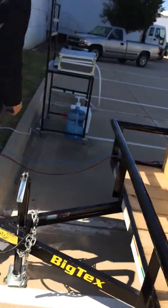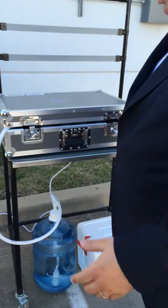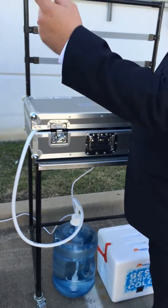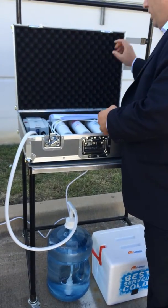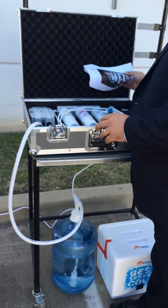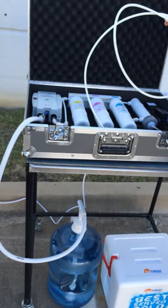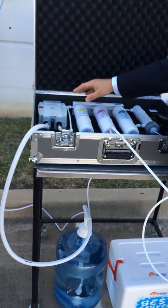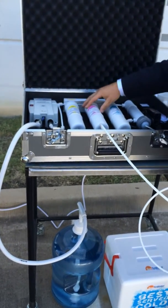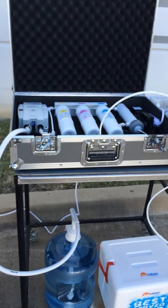We take the water, please watch your step over the cables. We take the water, and of course all of this will be embedded in the system itself on the final unit. The container of water, and we run it through, and no, this looks very threatening, it's not, although taking it through an airport has proven to be challenging. But we take the water and we run it through the pre-carbon filter, we run it through the UF membrane, and we run it through the mineral carbon filter as well. And so what you'll end up with